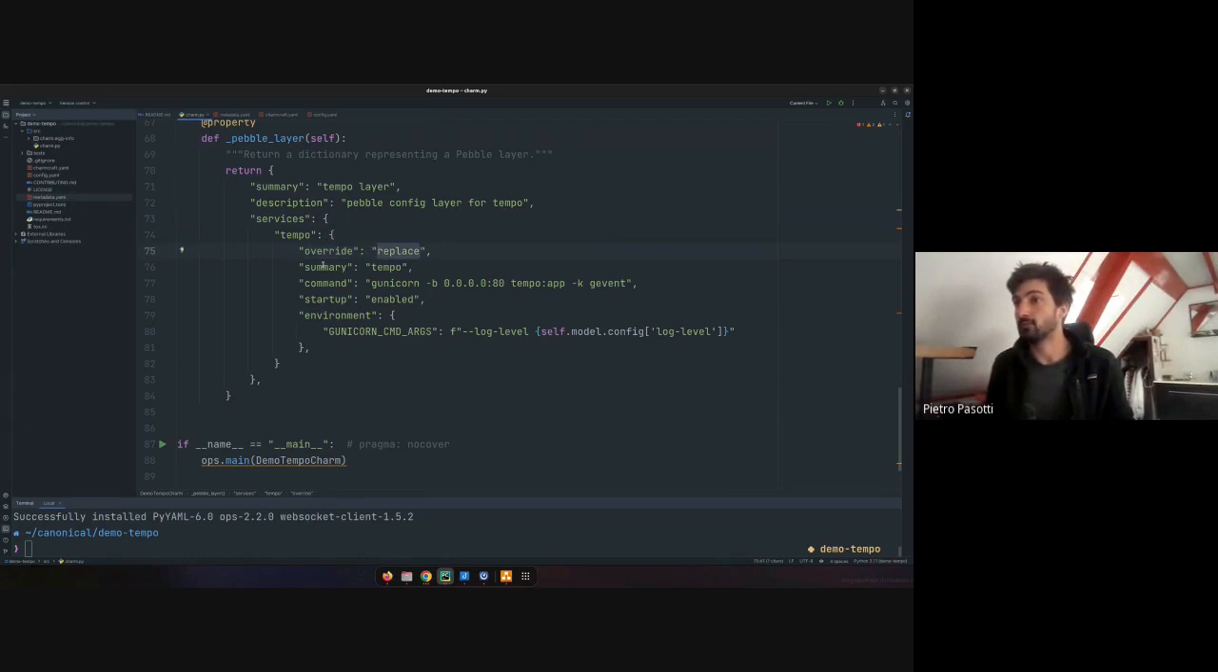Override, replace, we don't need to look at that. Summary doesn't matter. Command. So this is essentially the entry, I would say, whatever that service is, that service is running. So for example,